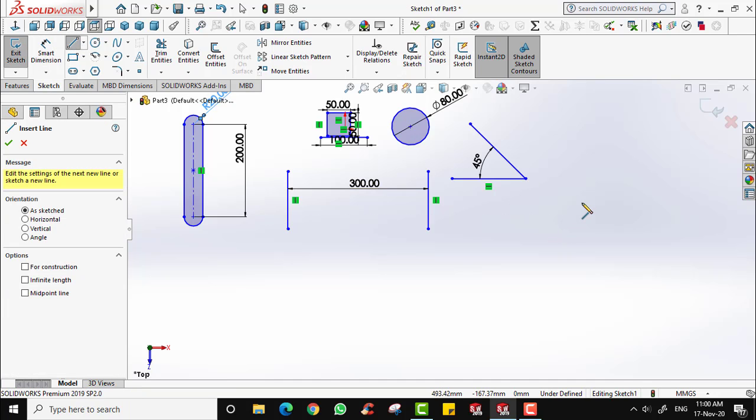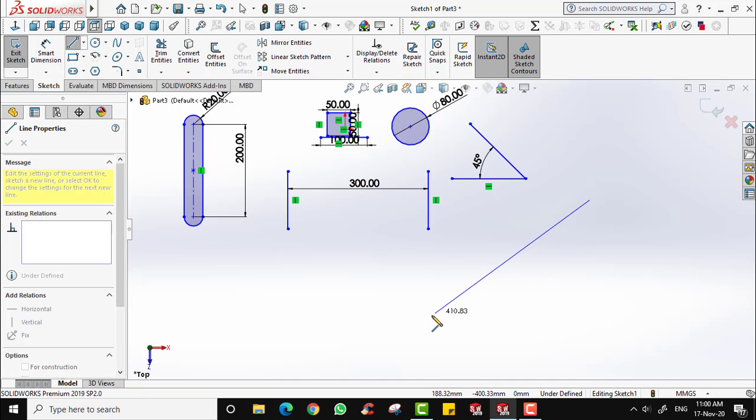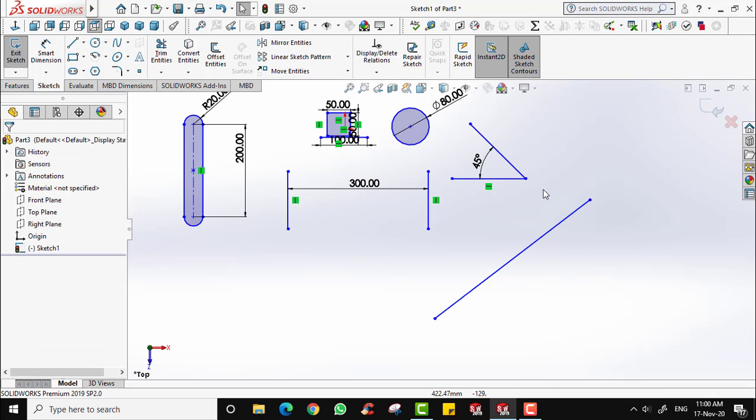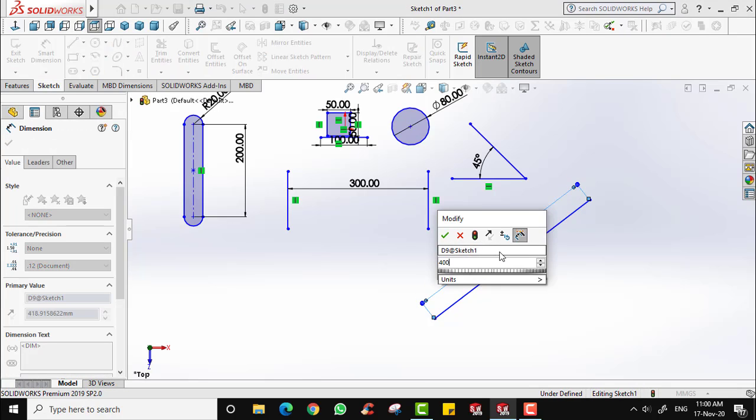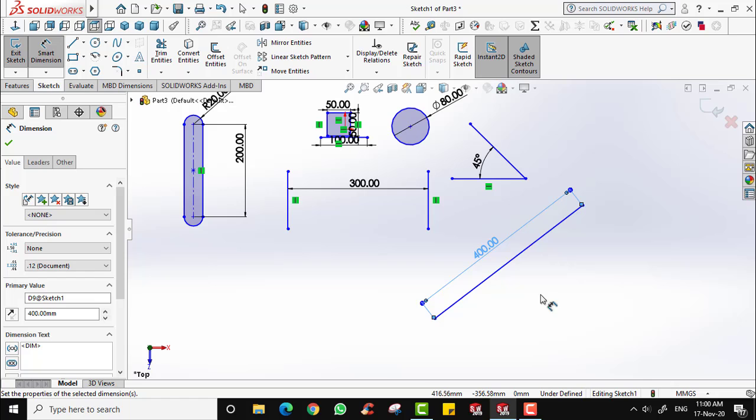For example, let's say I have this slope, this slope or straight line, with a Smart Dimension of 400. That would be good. Let's say I want the horizontal distance between them. So this is the exact length, and if I want this kind of horizontal dimension,